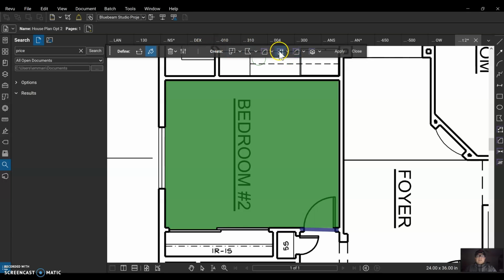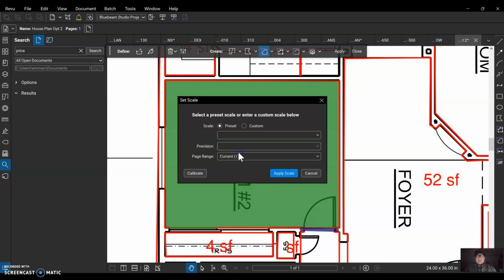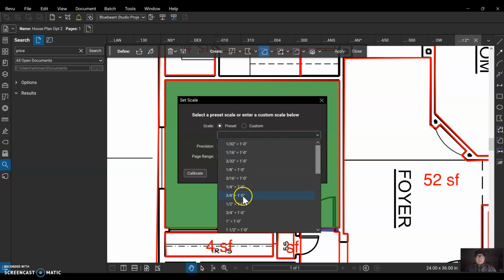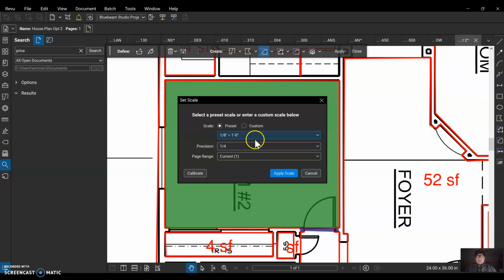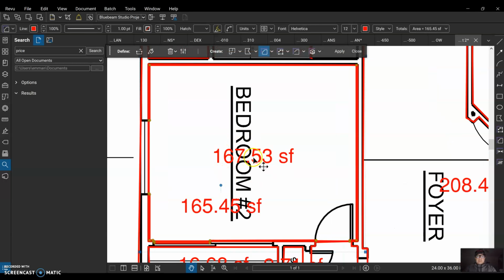So what I want to do now is I want to find the area. So in order to find the area, I'm going to click on this area measurement right here. I'm going to click apply, and it's not calibrated yet, so I'm going to go ahead and input a custom or a preset one. And for this drawing, it's 1/8 equals 1 foot. I'm gonna go ahead and apply that, and then that's the square footage of this whole room right here,